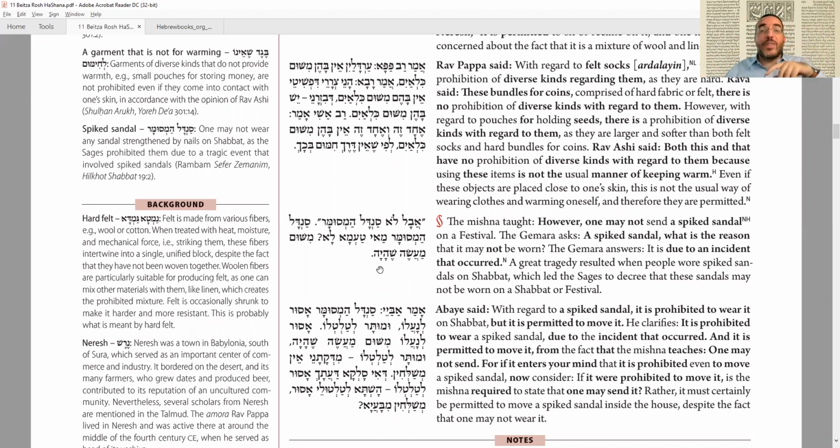And so because of that, they made a decree. Listen, no wearing spiked sandals on Shabbat. Now, what does it help to do it on Shabbat? You should say no spiked sandals ever, because of what happened. But the rabbis don't have a way to just say you're not allowed to wear spiked sandals. They're piggybacking on the laws of Shabbat, when we already do have many laws about what you're allowed to wear and what's considered carrying and not carrying. So they said, listen, we can use the Shabbat laws because people have authority here and say, don't wear it